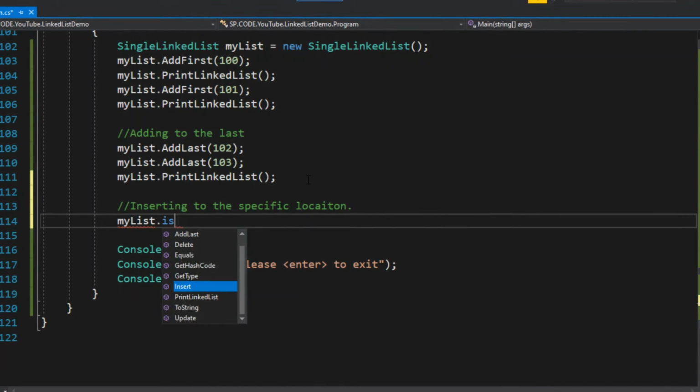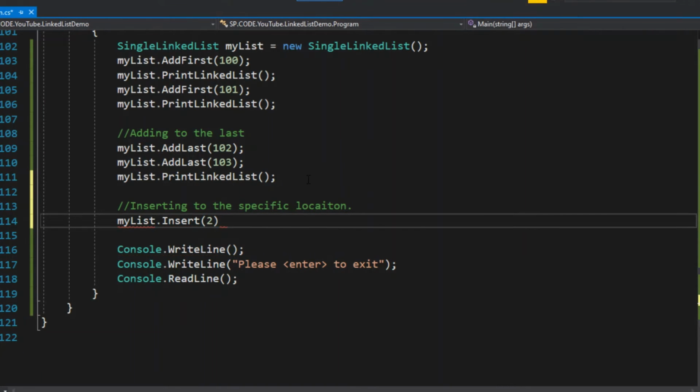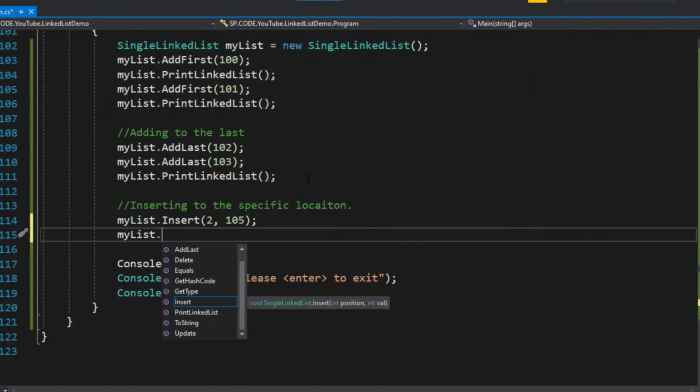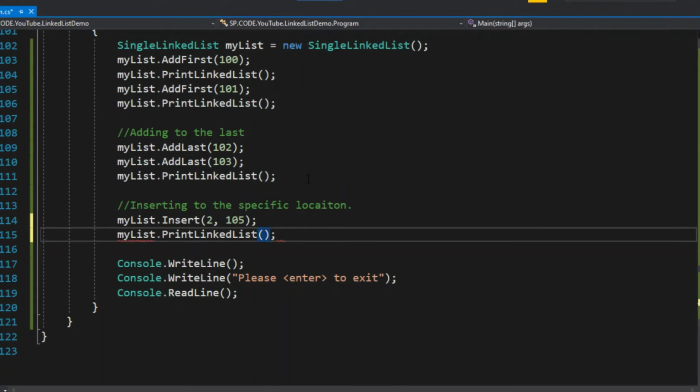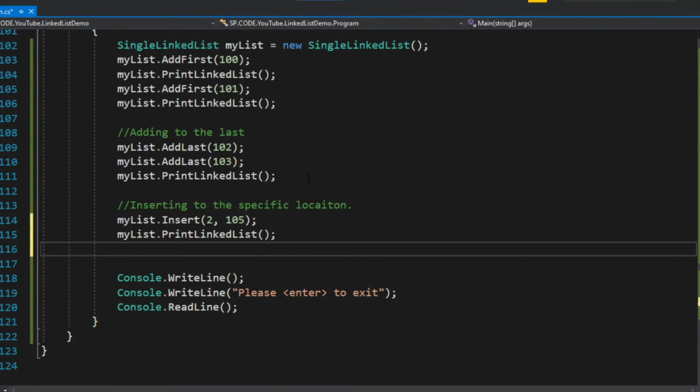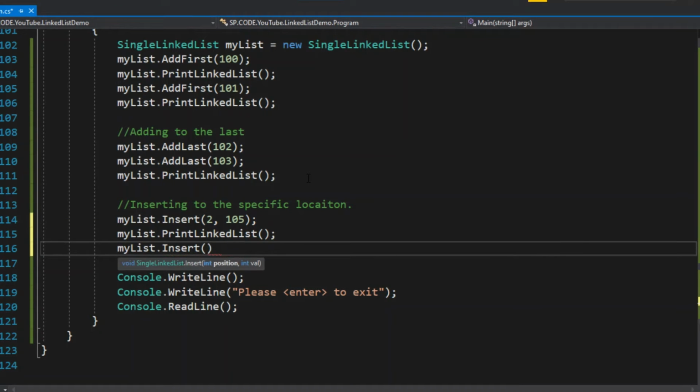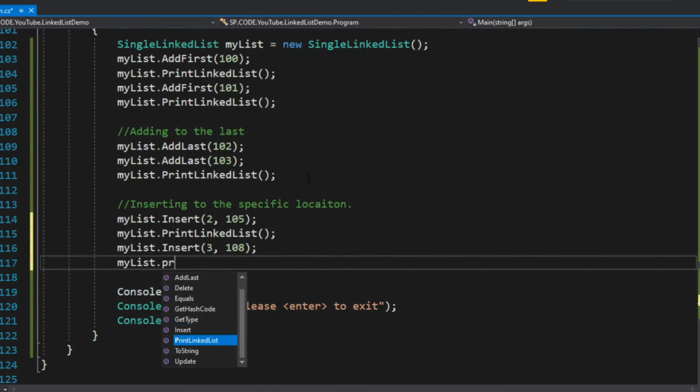Insert, give the index and the new value. Okay, and then print this mylist dot printlist, right? Or again try insert, 3 comma 10, and print this.